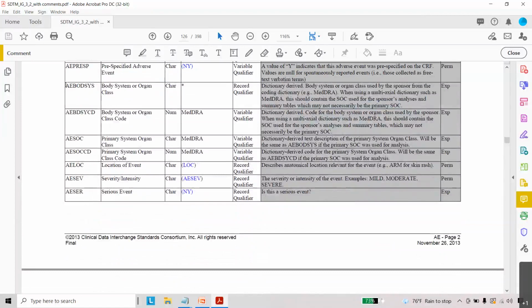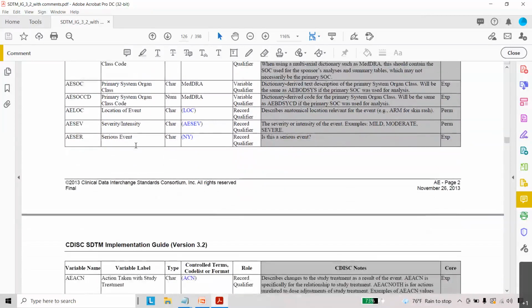Since we have AEBODSYS, we also have AEBDSYCD as a numeric variable for body system organ class. Okay, next is SOC and SOC code. If you see here, these are the MedDRA related variables, and we discussed LLT, PT, HLT, HLGT, and SOC.